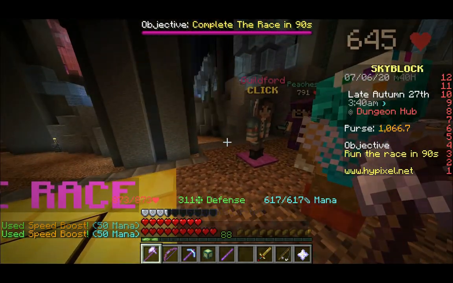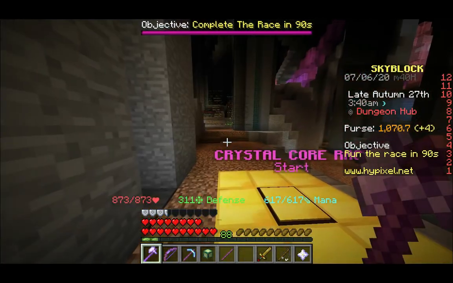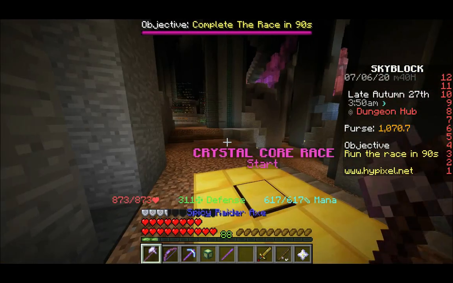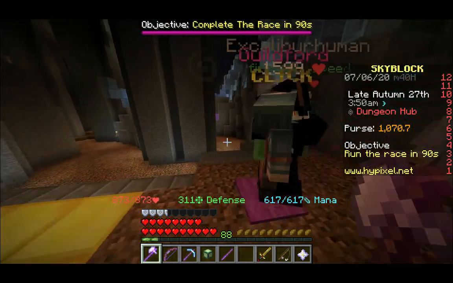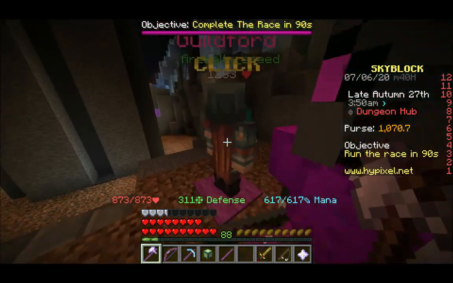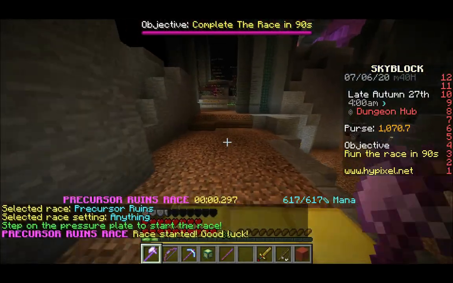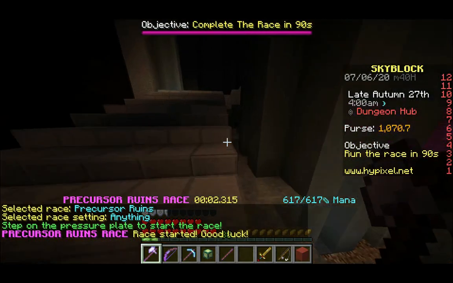But doing it with just grappling hooks isn't really that hard once you know the route. I've shown the fastest routes to each of the ones. Let's actually, I want to show you something here for the Precursor Ruins. And that is that